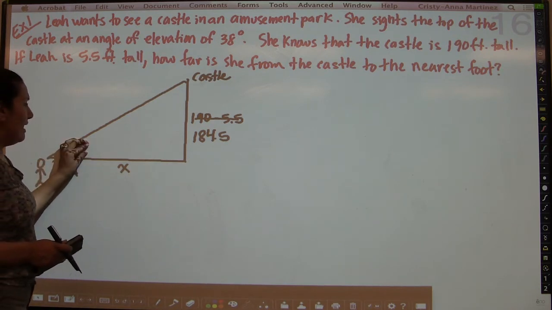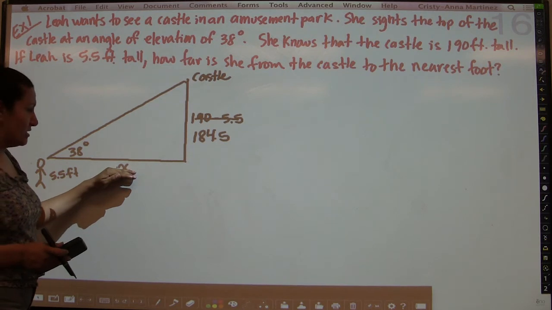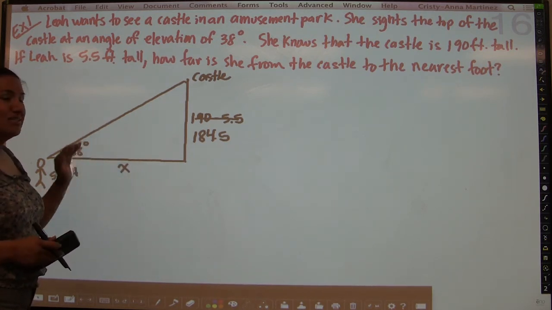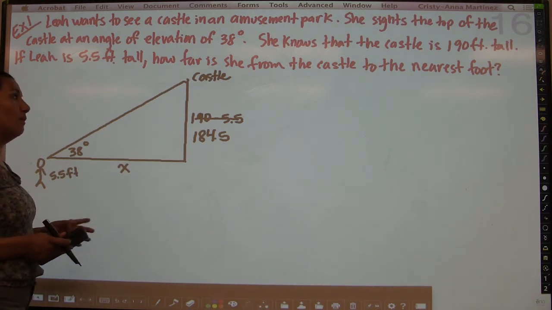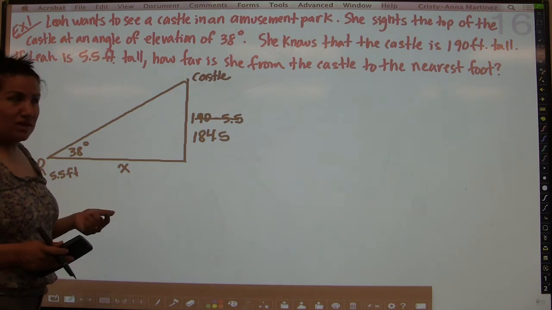Here's my angle, and I'm given the opposite side. I'm not given the adjacent side, but I'm being asked to find the adjacent side. So the hypotenuse doesn't really have any play in this problem. Because of that, I'm not going to use sine, I'm not going to use cosine, I'm going to use